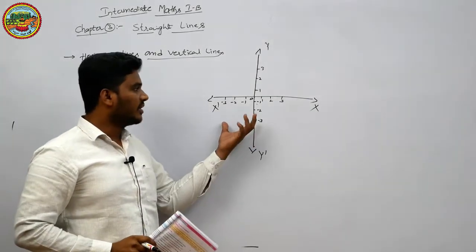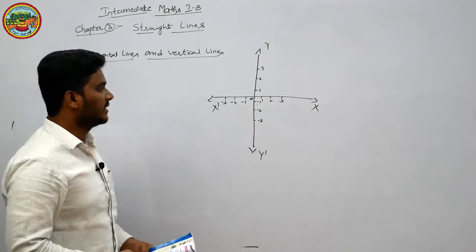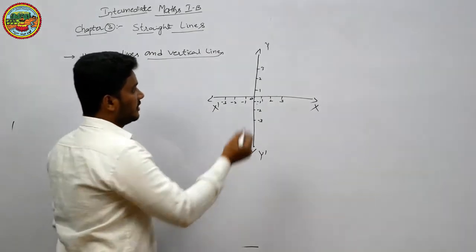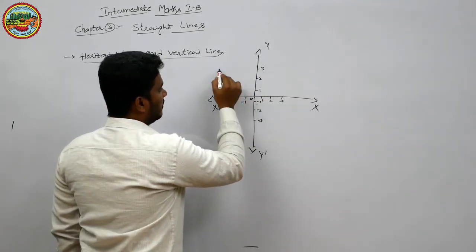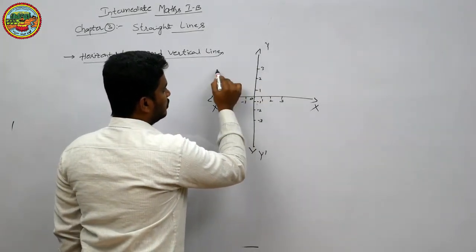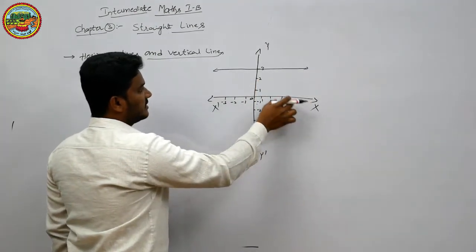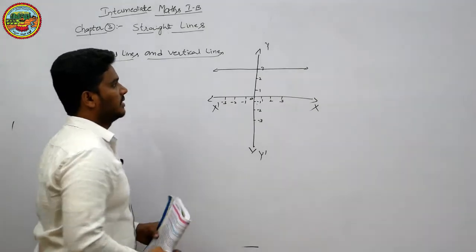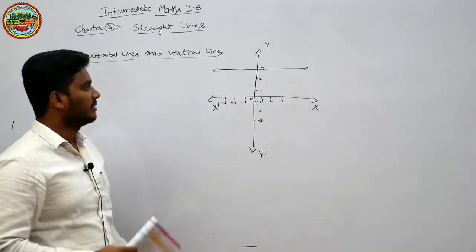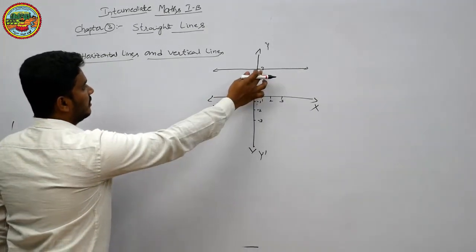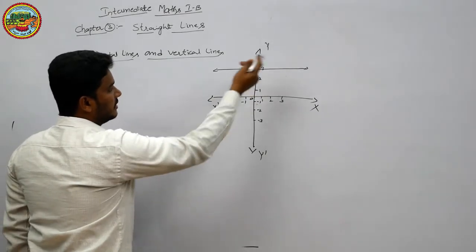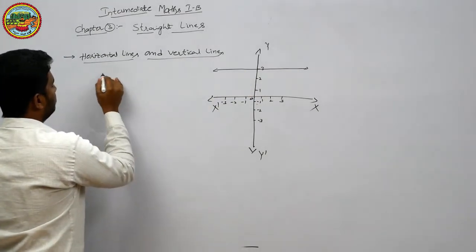How do we identify the horizontal and vertical lines in a given plane? Like this, if we draw a line passing through, which is parallel to the x-axis, this is called a horizontal line. This value is given by y is equal to